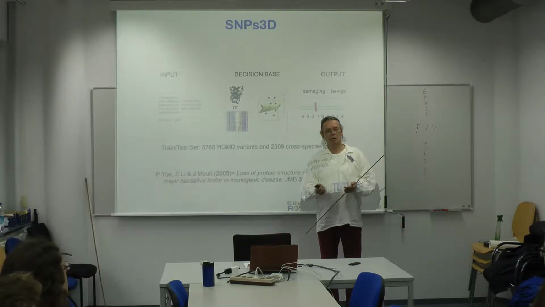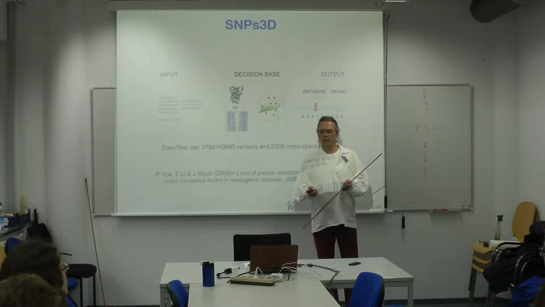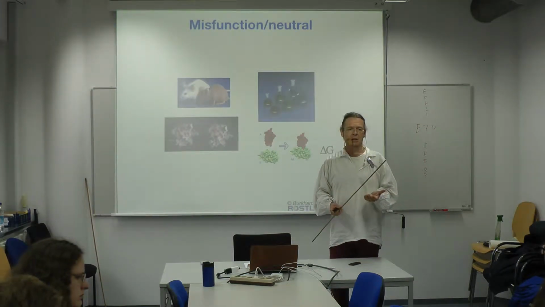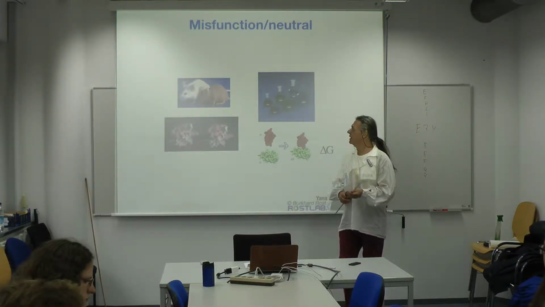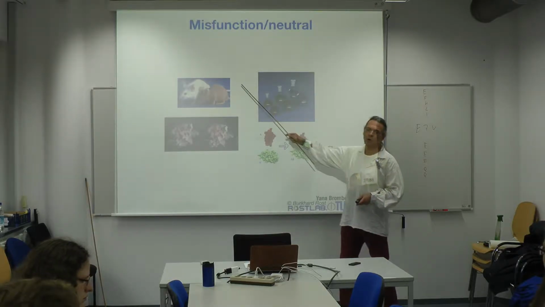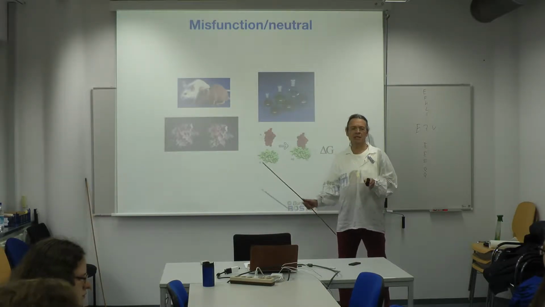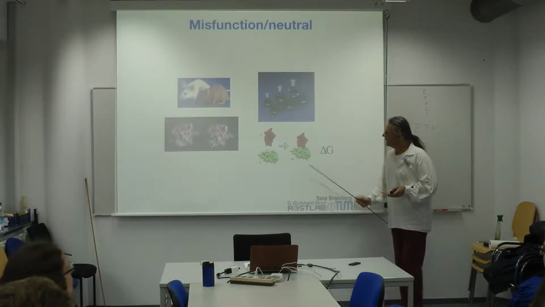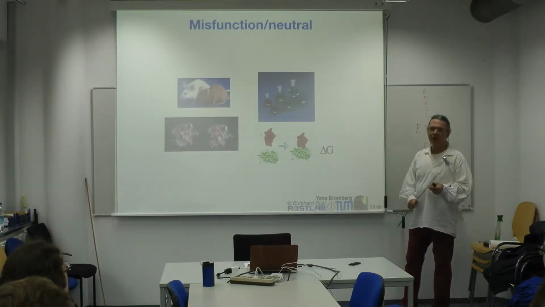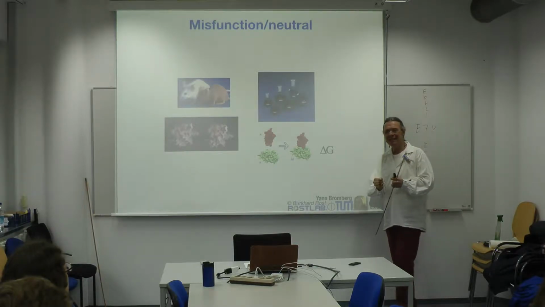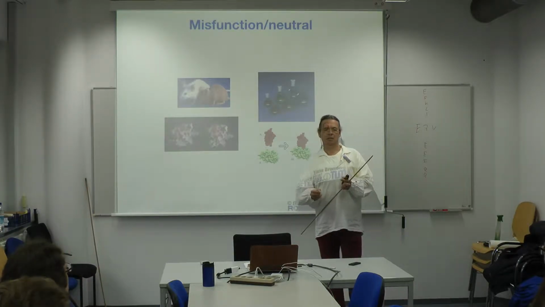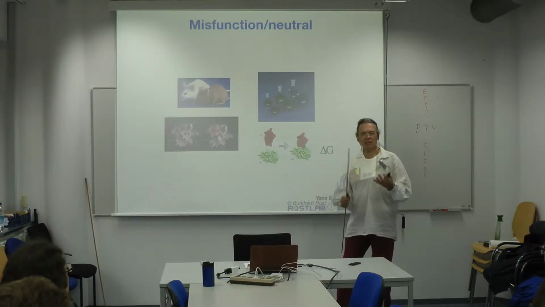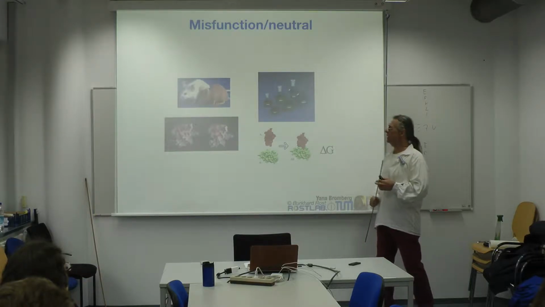When you want to do machine learning, you need data, okay? And that begins to get into the point where you have to collect data. When you collect data, you face the problem that some of the data is on the level of an organism. You see variants that affect the way the organism looks, okay? Some of the variants are on the level here, the other, let's call it the other extreme, where you have a detailed molecular biochemical change. The delta G of binding of two molecules, and you have an effect of that variant on that delta G.